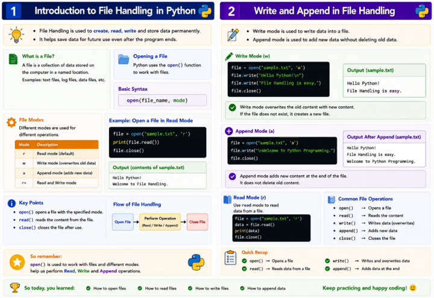So quick recap: open opens the file, read reads the file, write writes the file, and append adds the data to the file. So today you learned about how file handling works, how to open files, read files, write files, and append